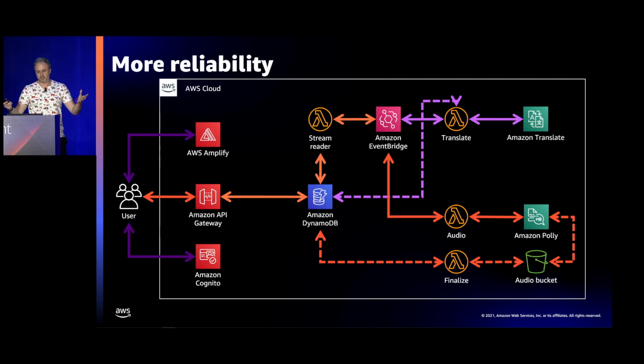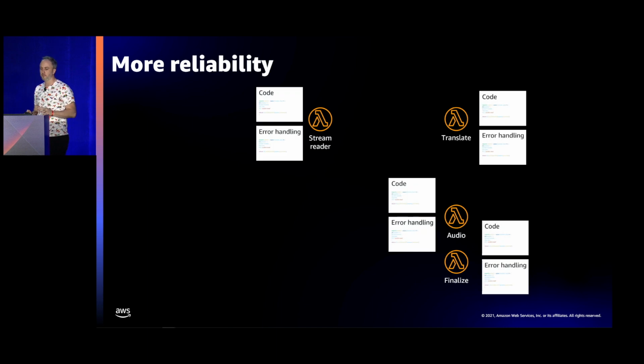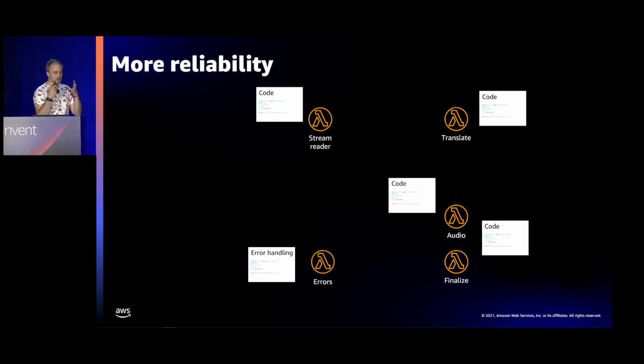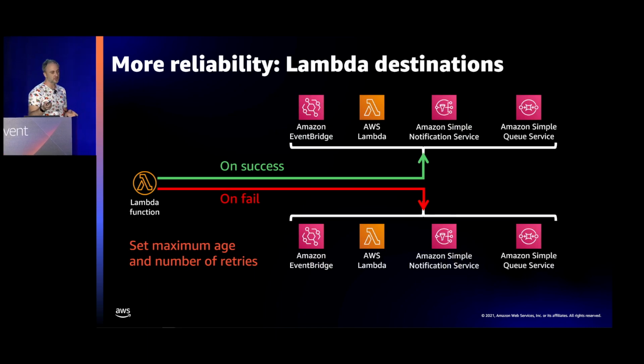So here's my application, the asynchronous version. I've got 4 Lambda functions in this application. And each Lambda function has the business logic, has the code, and it has a bunch of error handling to handle things that go wrong, try-catch statements. Maybe it's routing off to other services if things break. Now, it would be better if I could handle all of those errors in one error handling Lambda function and then take all that error handling logic out of all the other functions, right? Much cleaner, much easier. I can do that using something called Lambda destinations.